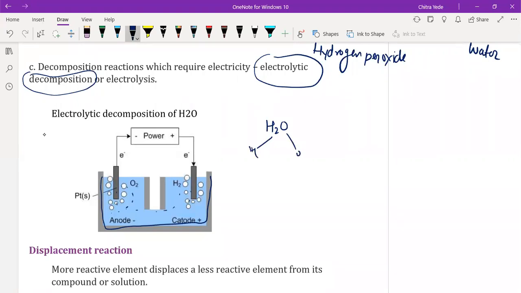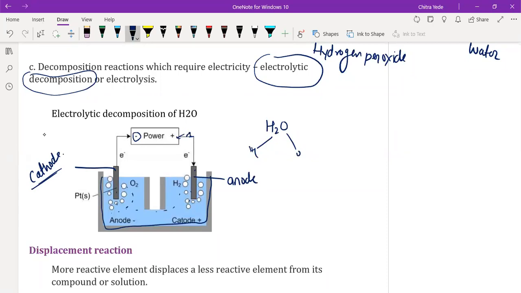So what happens when we put one positively charged electrode? It is the anode, because the electrode connected with the positive terminal of the battery is called the anode. And if the electrode is connected with the negative terminal of the battery, it is called the cathode. Now, reaction at the anode. When we start the current, here we can draw the key also. When we switch on the key, current will be supplied in the water.